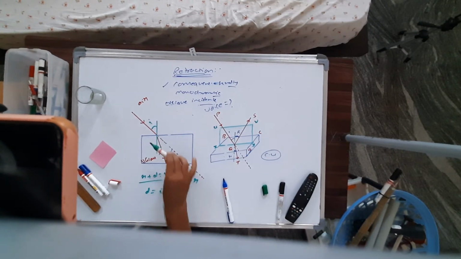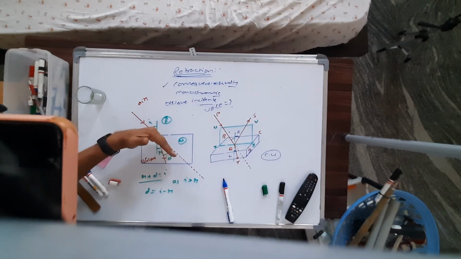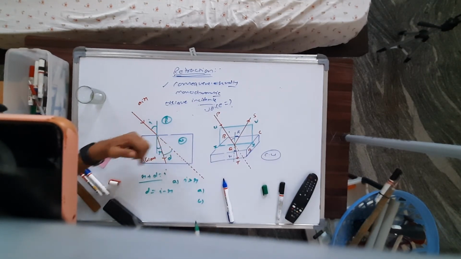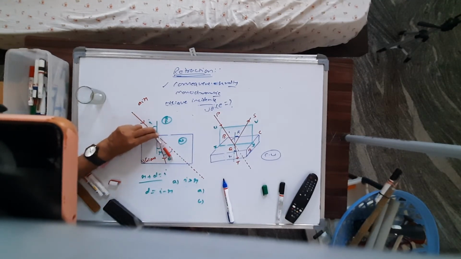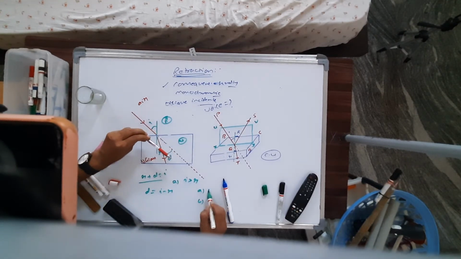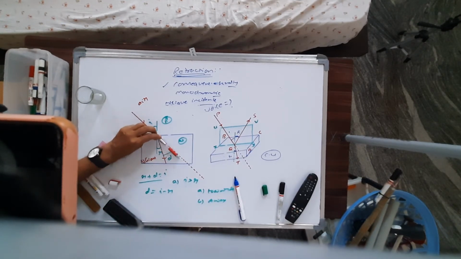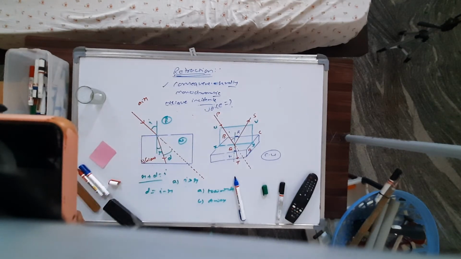Therefore when a ray of light travels from rarer to denser medium, say from air to glass, then the refracted ray bends. Can you tell me, there are two options. So this is the ray of light. The refracted ray bends towards the normal or away from the normal. A is towards, B is away. Choice is yours. Very good. It bends towards the normal. Good. Aishwarya, Sharwani, Srinidhi, Raghu, good. What you are saying is correct.